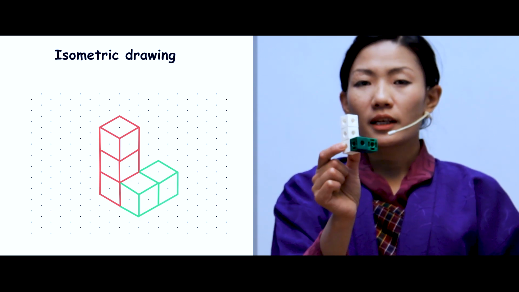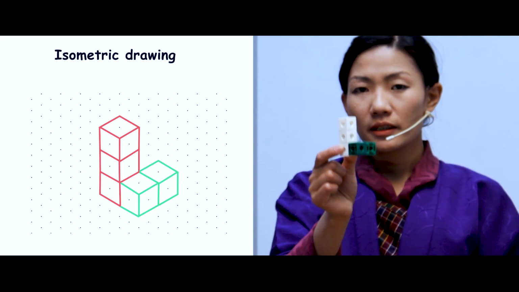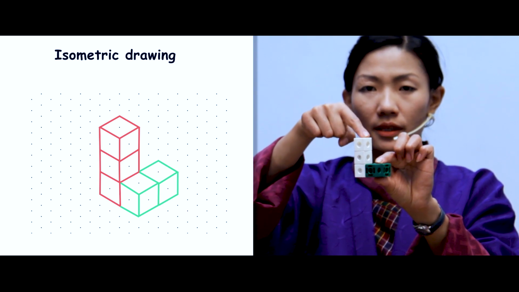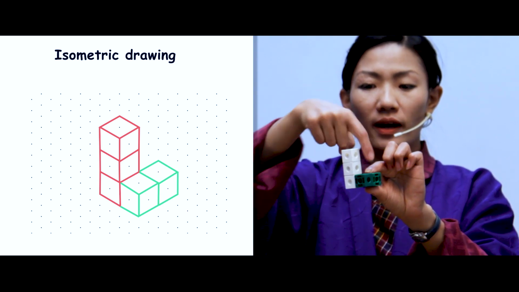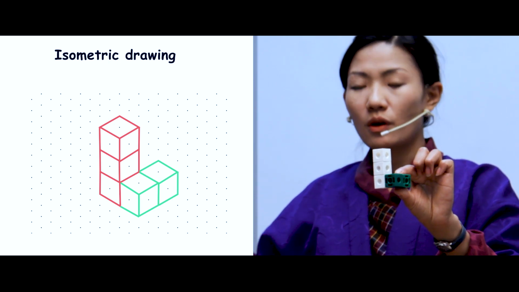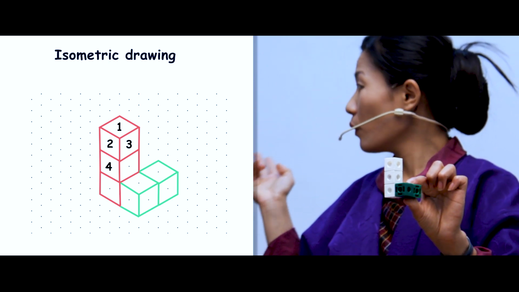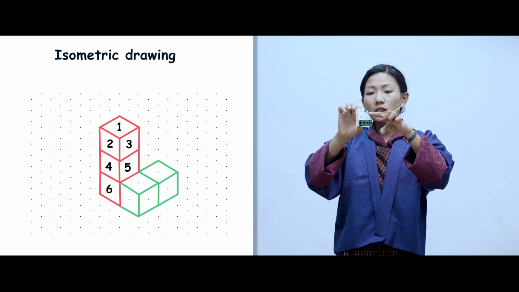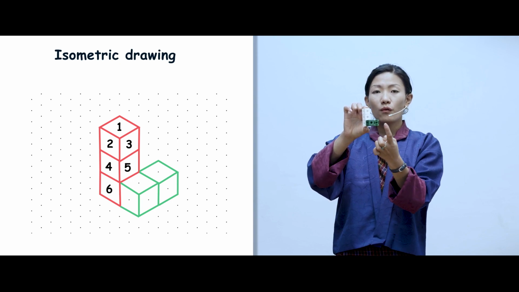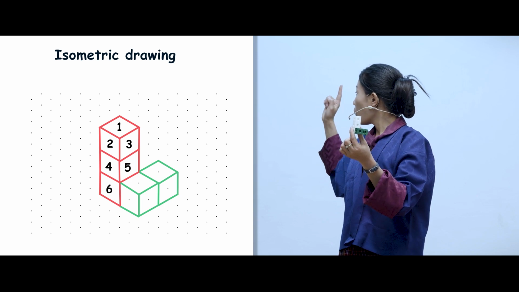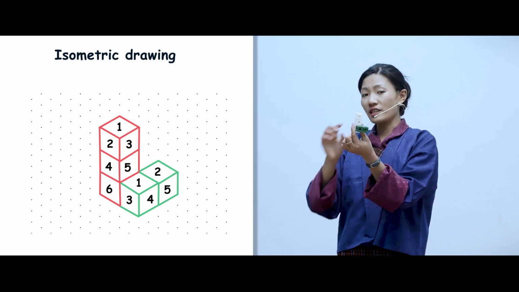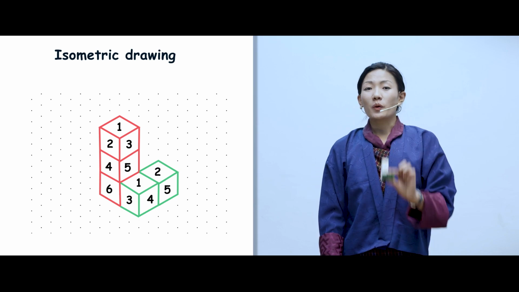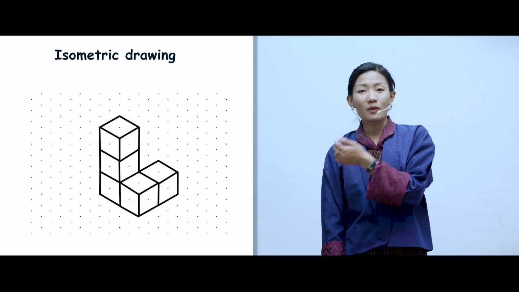Okay, we got that. Now to check if we got our drawings correctly, let us count the number of faces. So for the white cube, we have 1, 2, 3, 4, 5, and 6 faces. Let's count. 1, 2, 3, 4, 5, 6 faces. All right, now let's count the green faces. 1, 2, 3, 4, 5 faces. The green part, 1, 2, 3, 4, 5 faces. Did we get the drawing correct? Yes, we did, right? And when you do not use a color, this is how your drawing is going to